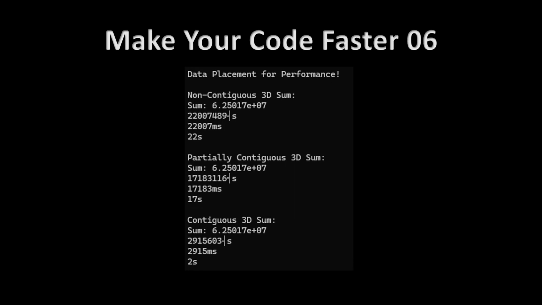Make Your Code Faster. Data placement for performance. In the ever-expanding realm of big data and resource-hungry applications, optimizing your code for peak performance is no longer just about speed. Efficient code translates to lower power consumption, a critical factor for battery-powered devices, massive server farms, and eco-conscious